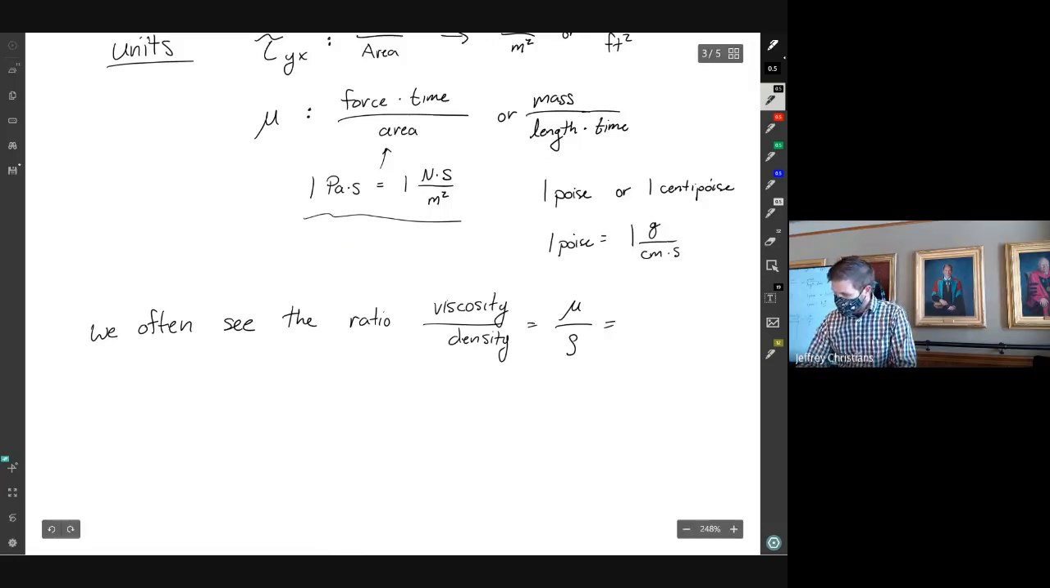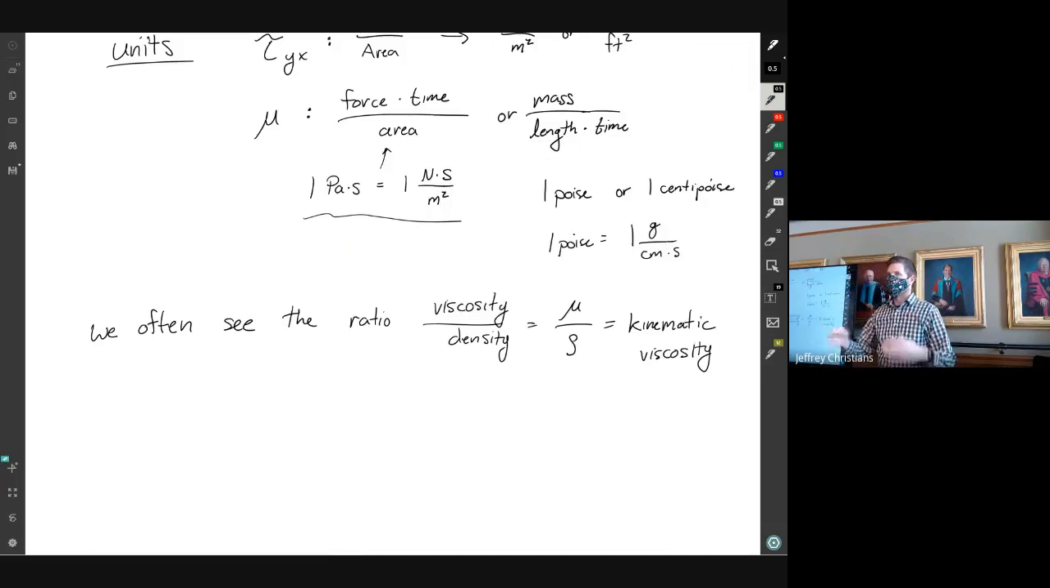And we just call this the kinematic viscosity. Kinematic meaning relating to motion, because you have this resistance to motion, which is viscosity, and inertia, which is from the density. So this is the version of viscosity that becomes important in moving things more often. So the kinematic viscosity,